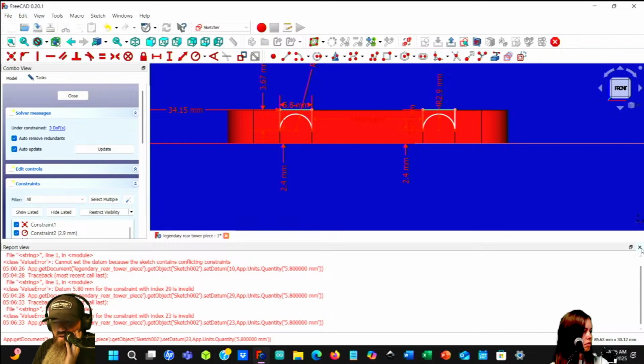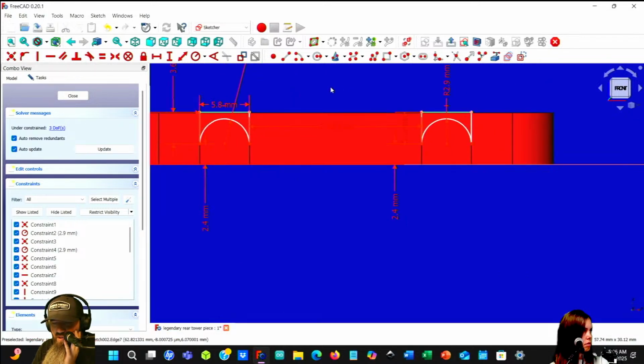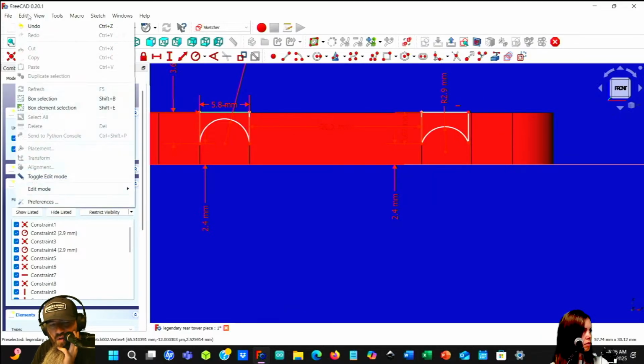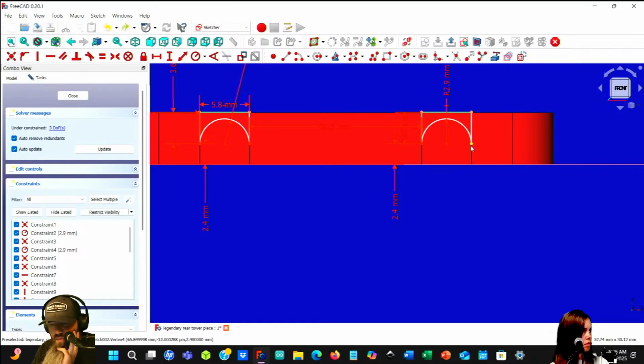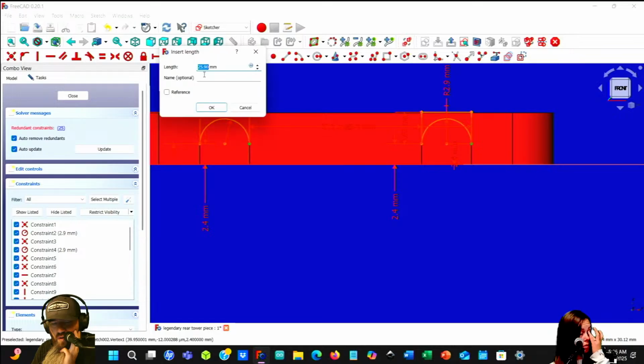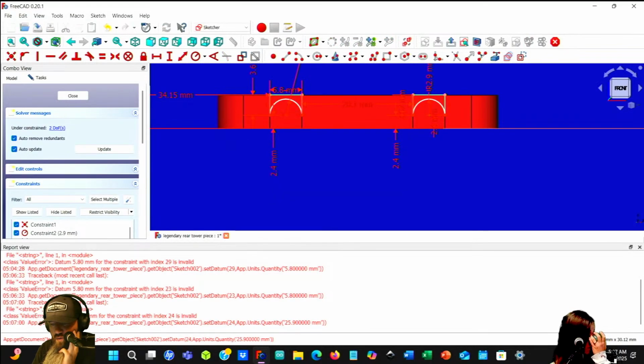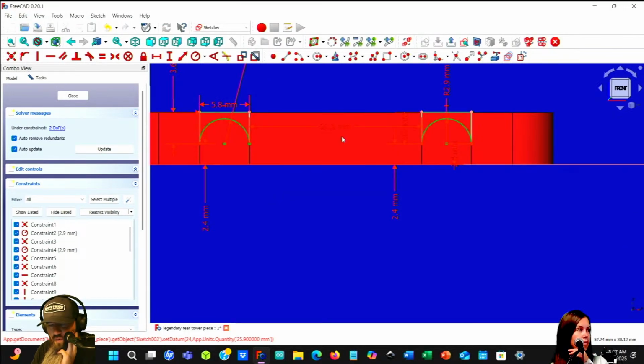It's like, yeah, it's already 5.8. I don't know why it won't let me constrain that. Okay, so is this fully constrained? No, it's not. For some reason I can still move this line because it won't let me constrain the other line. Okay, what does that mean? How come I can move those? Maybe this dot from here.